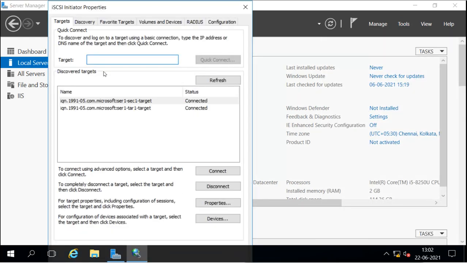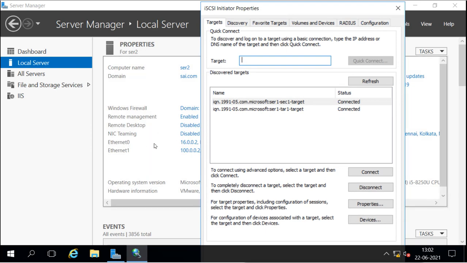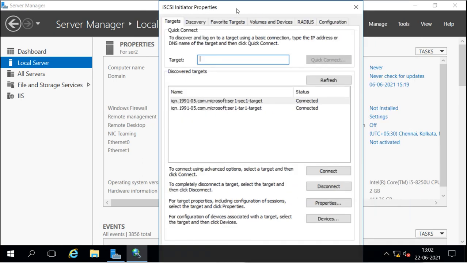Right now it is using the first one, the one which was there by default. This is 16.002. Now I am going to configure this to use the second path. We can configure this for this target or this target, or for both the targets. No matter how many targets we have, we can configure separately for them. So one by one I can configure it for both, or I will configure it for this first